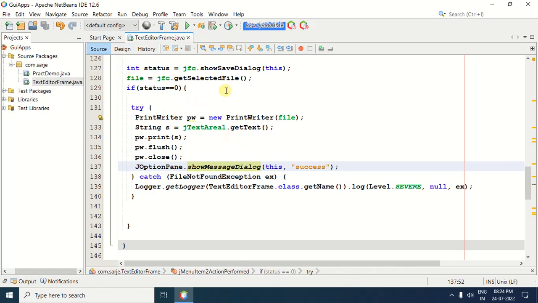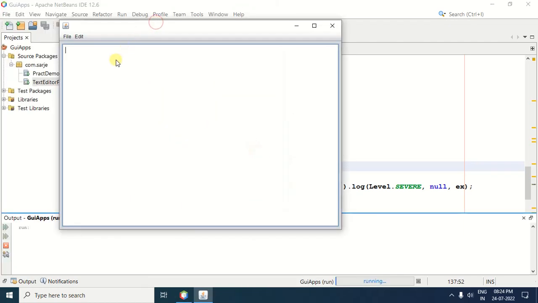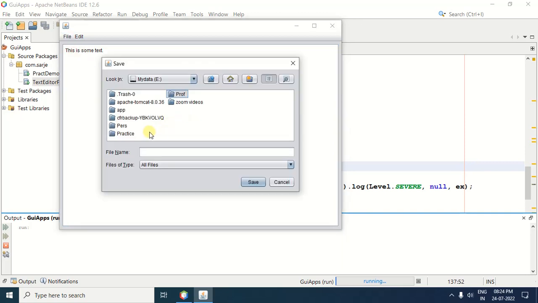For that purpose right click on the file, select run file. After selecting it, click on the file menu, then select save. But before selecting it, please do one thing, write down some content to the text area. Suppose I am writing this is some text. Now select save from the file menu, specify the path first. Suppose I am giving the edu probe folder then practice folder, core Java folder, and here suppose the file name I am giving